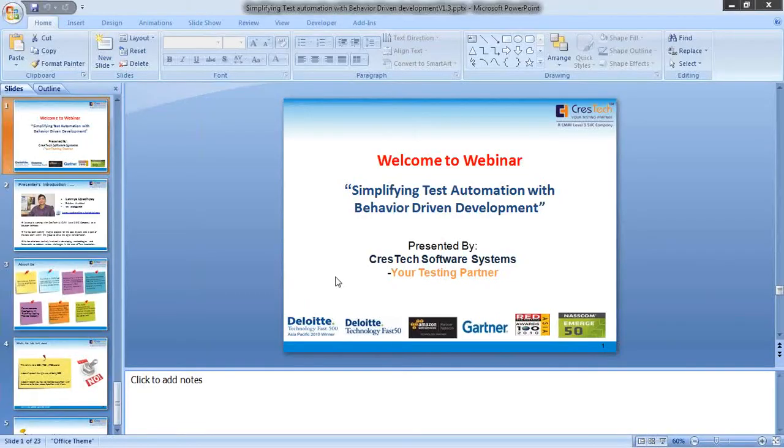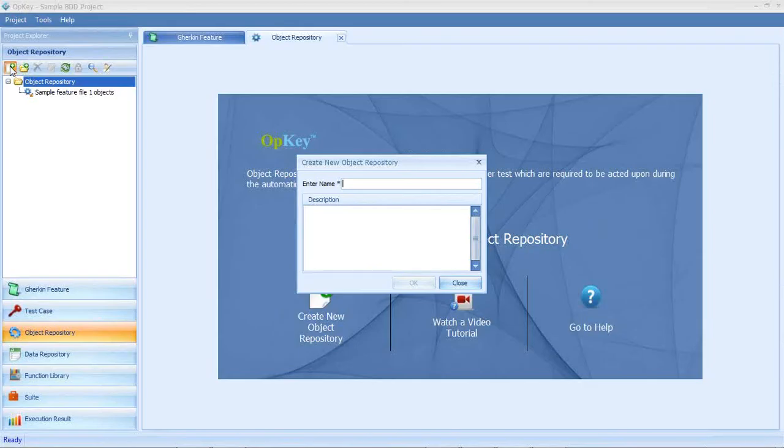Let me go to the object repository part. It's a separate module. What I need to do is create an object repository. So the first challenge is test before development.